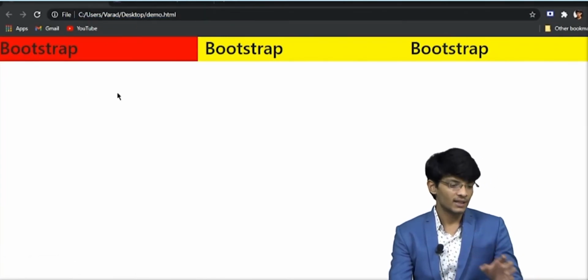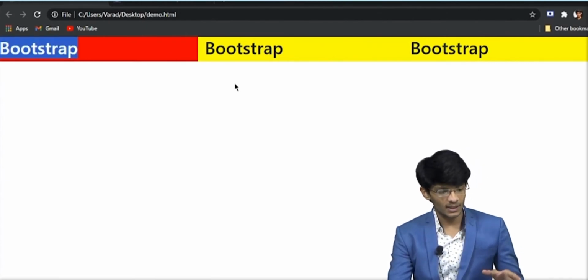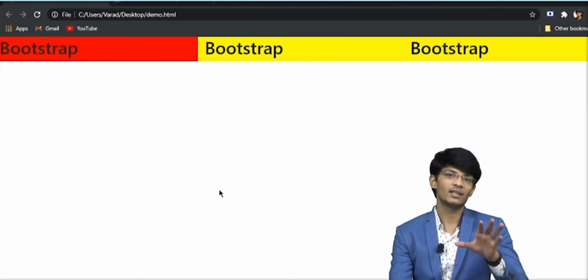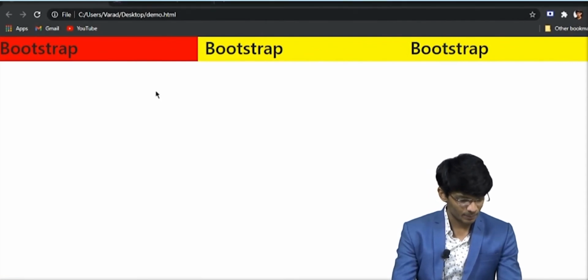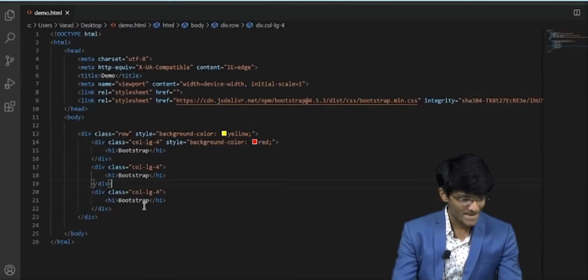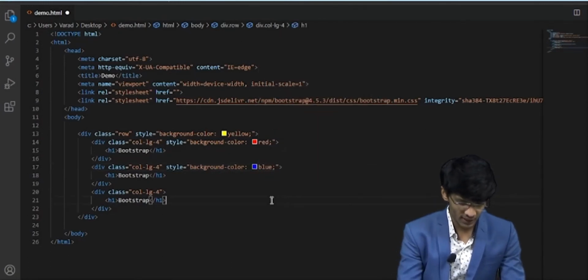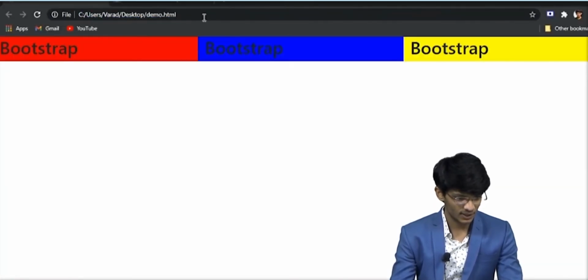What you can see is this red portion in the yellow section is representing the column. Now let's see what happens if we give a different color to another column. Let's save it and see it once again.